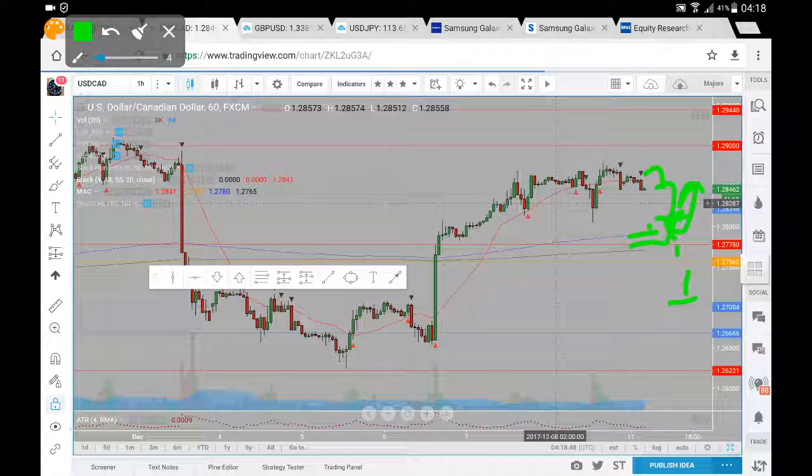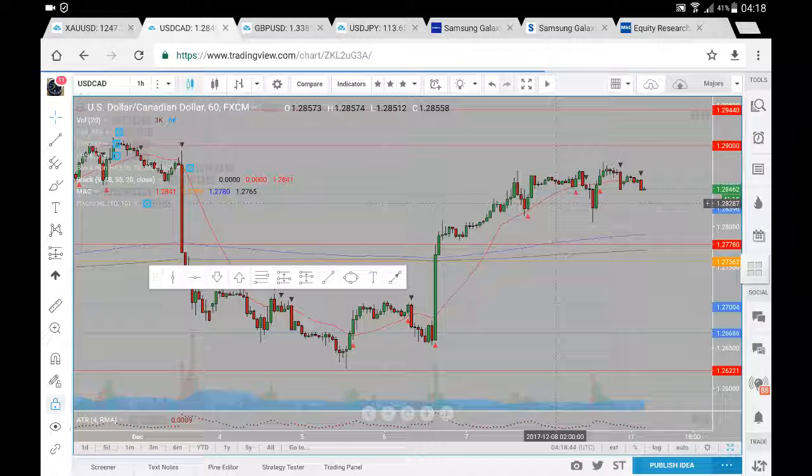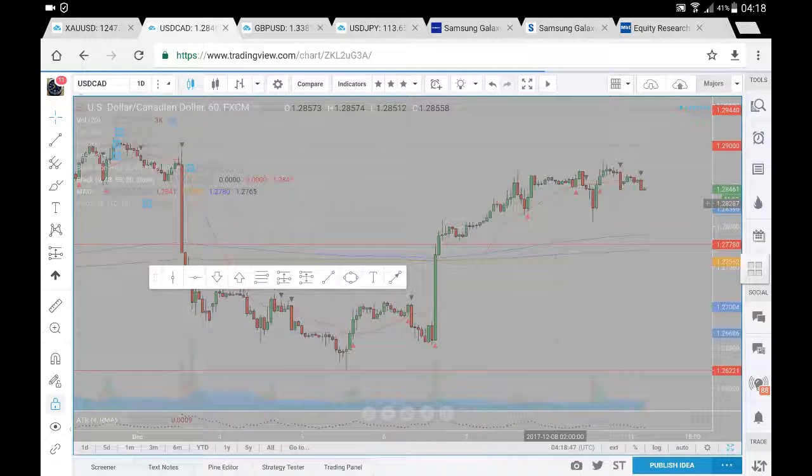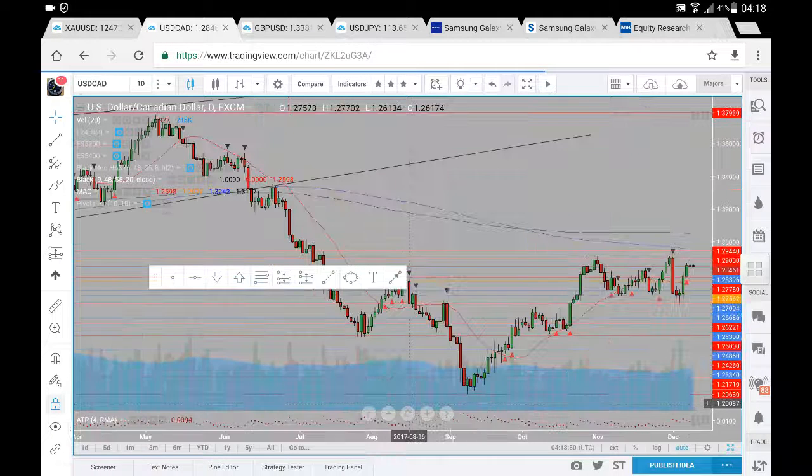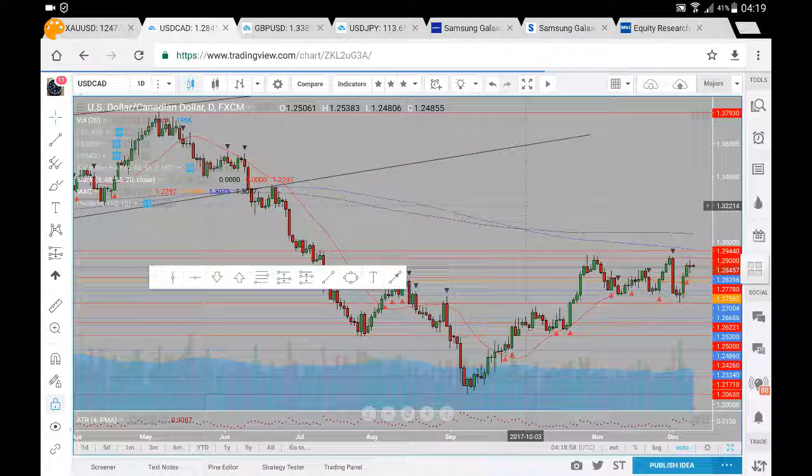Now, we've mentioned levels to the upside and to the downside. So let's just have a look at the daily chart here before wrapping up. So if we head over to this daily chart, as you can see here, we're seeing a bit of a consolidation on the US dollar Canadian dollar. We've got the upper end of the range being at 129. Lower end of the range is down here at